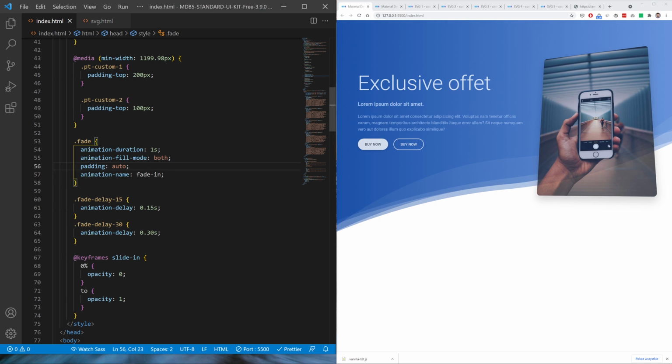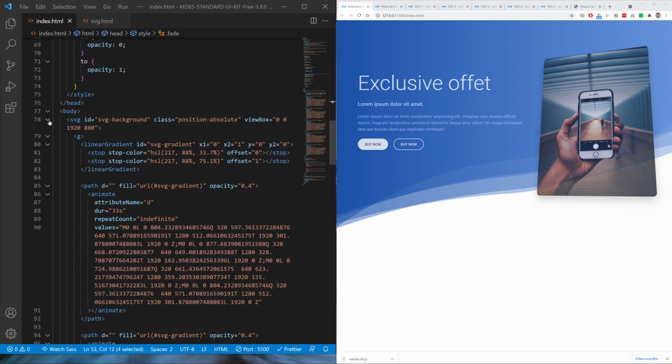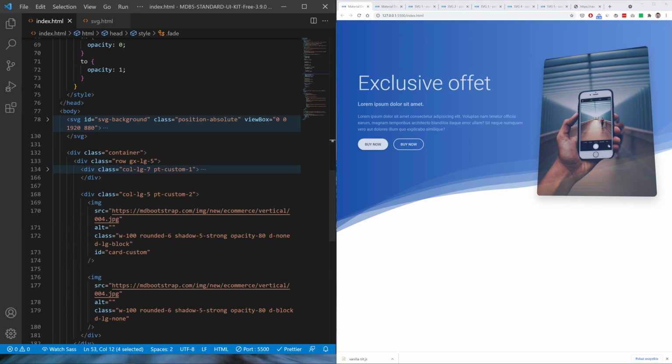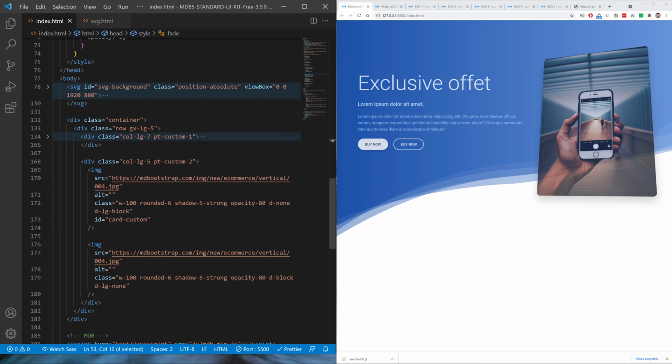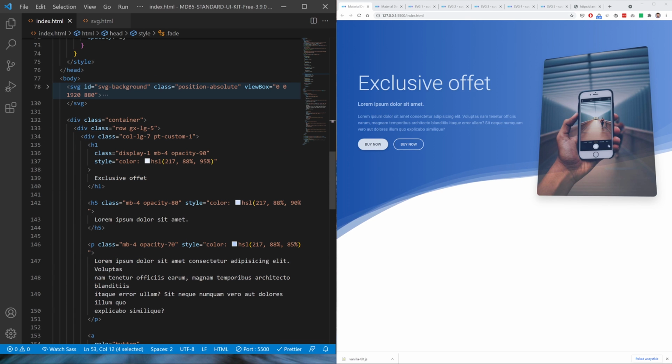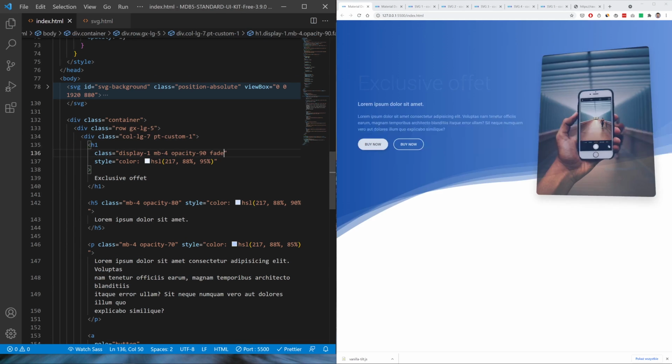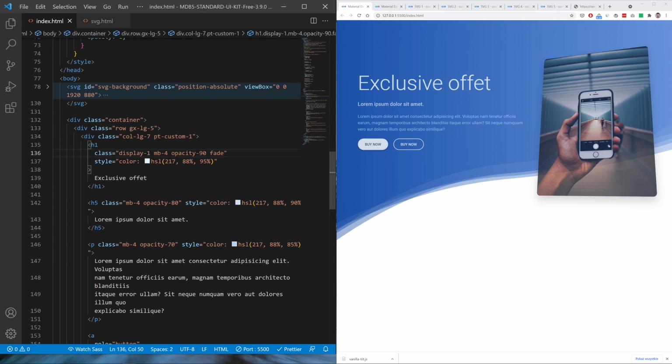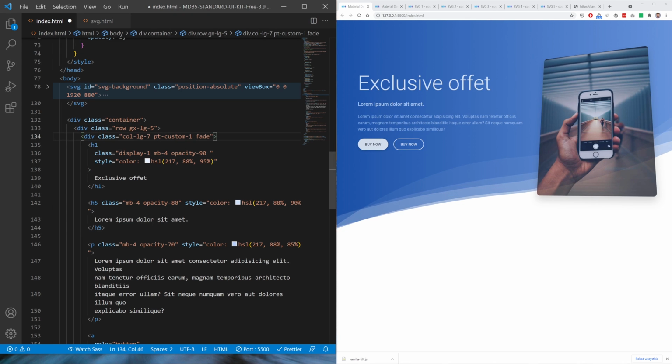Now all we need to do is to add these classes to our elements. So let's start with h1. Where is h1? Here. All right, let's see if it works. And yes, it works. So here we can add, well, or maybe instead of adding this to each particular element, let's add this to the column, so it will be easier. Fade